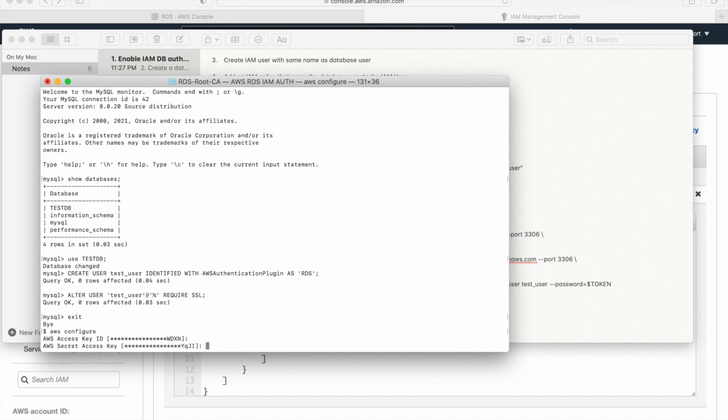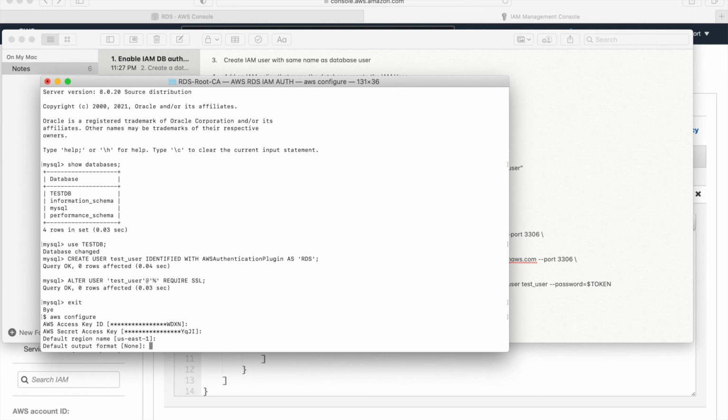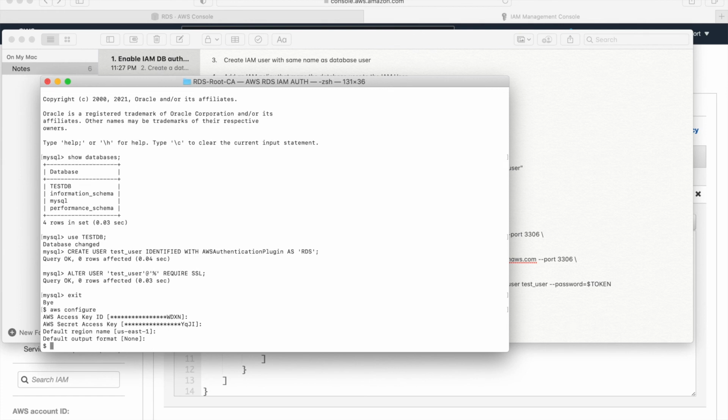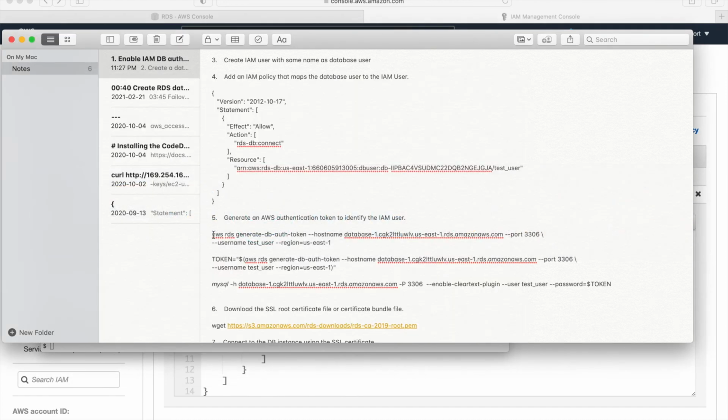It's just a matter of giving your credentials, which will be used to connect to your IAM account. So that's it, this is done. Now I can use the command which I just showed you to get the IAM authentication token, and that will be our temporary token which we will pass in our connection. Instead of a password, we'll give that IAM authentication token.